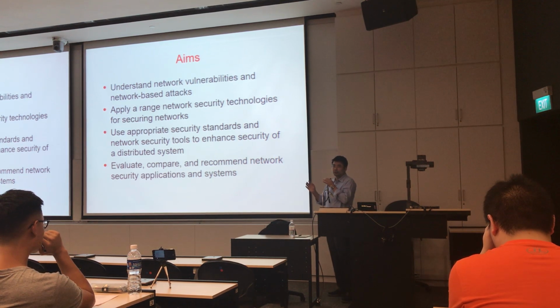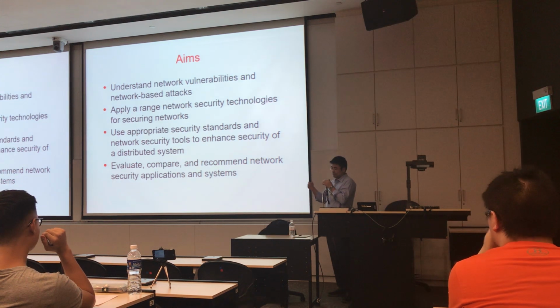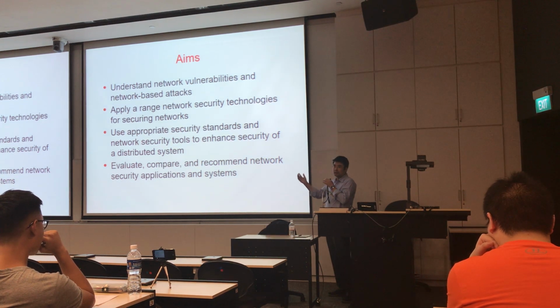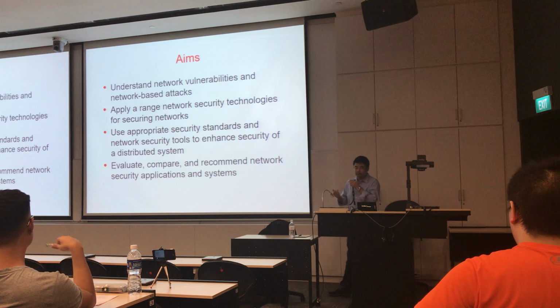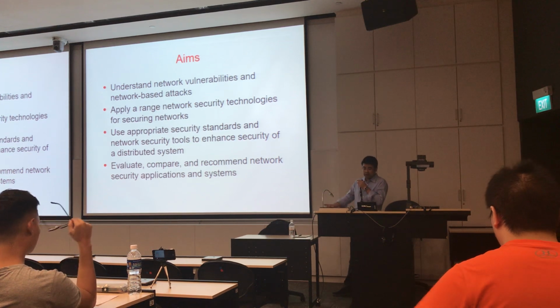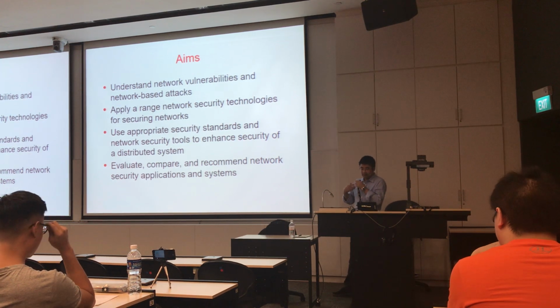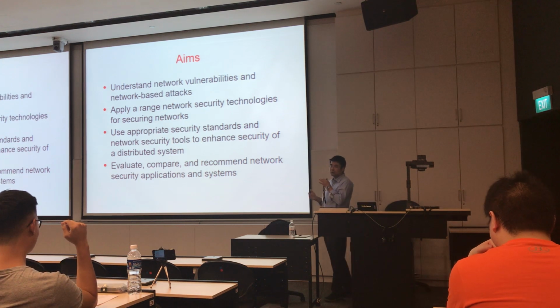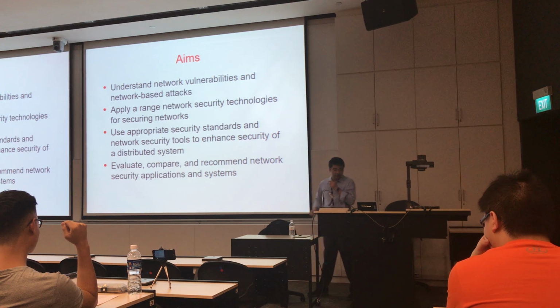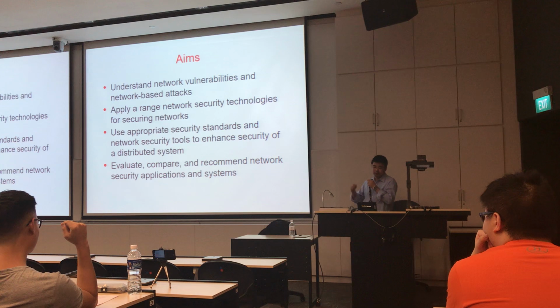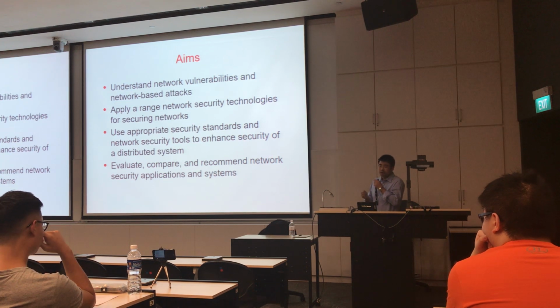For example, eavesdropping. When you use your phone to communicate with others, the message will transmit through the mobile network. If someone has a receiver, they may be able to intercept the signal, and if there is no security protection, then of course people can just tap the channel, and they can obtain all the information you communicate with others. So this is a basic attack, the eavesdropping attack, or a passive attack.